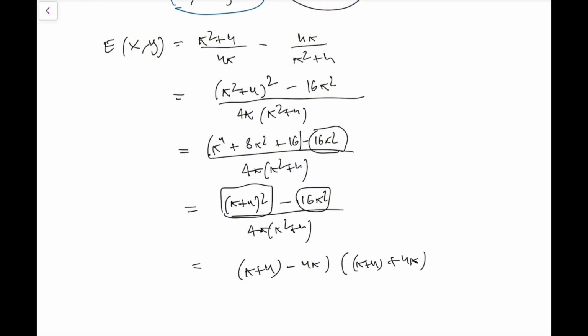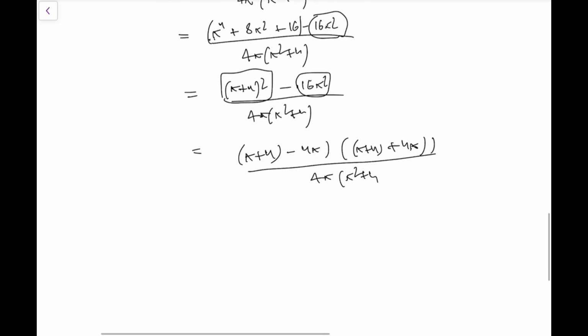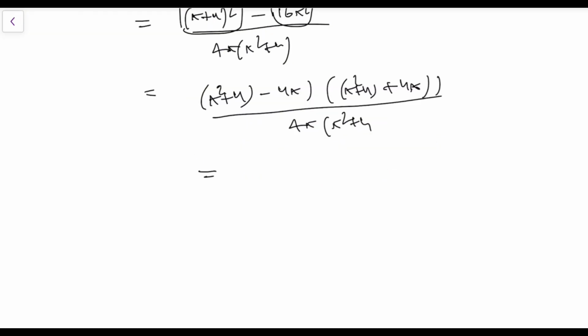That's 4k. And this solves the problem. The final result is 4k squared minus 4k is 4 times